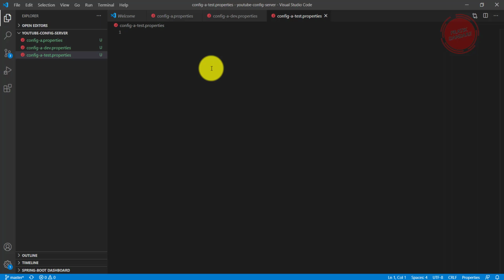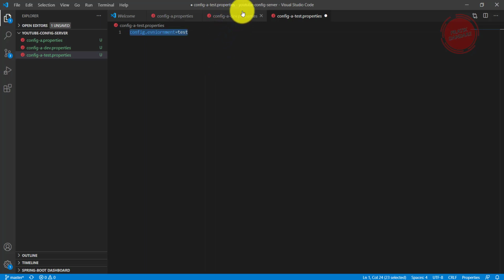I am going to add one property to each and every properties file. So it's config.environment, and this environment is the test environment. So I'm putting test. This is the dev environment.